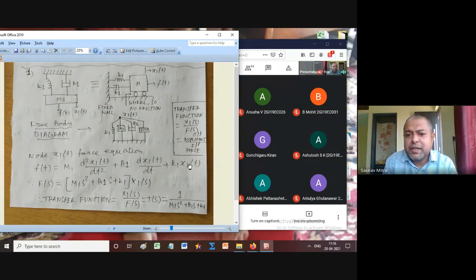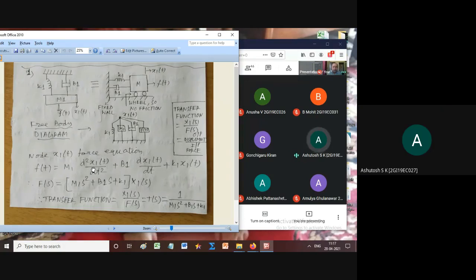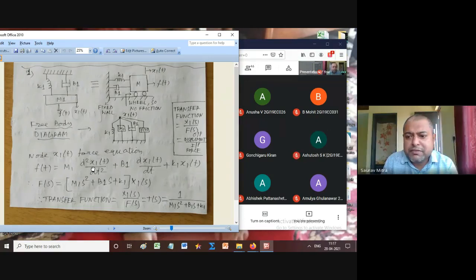So this is a standard formula. Like if I'm giving a current I to a circuit, what is the resistive voltage? R into I. So this is that R into I. Is it understandable now? This is a standard formula. What is d2x1 by dt2? Ashutosh, please unmute yourself. You are again muted. So what is d2x(t) by dt2? It is acceleration. So acceleration into mass is nothing but force.